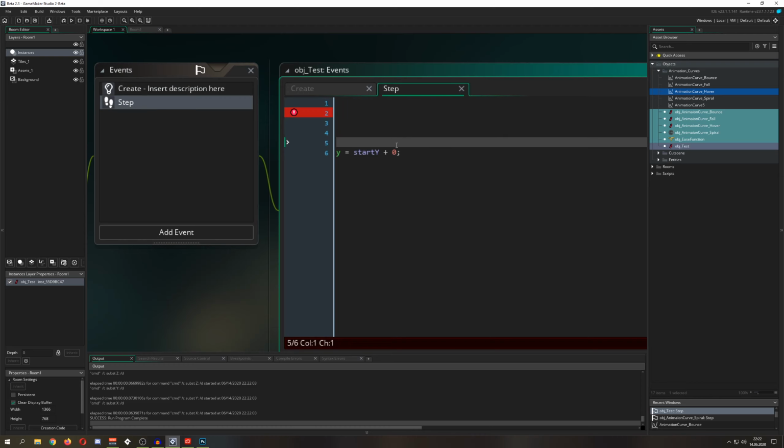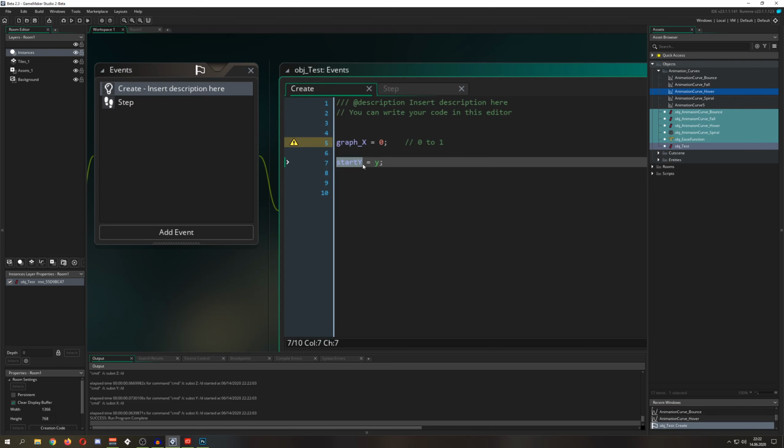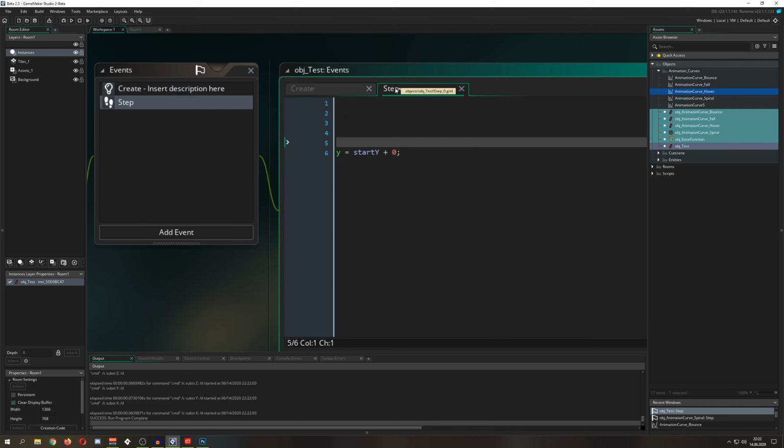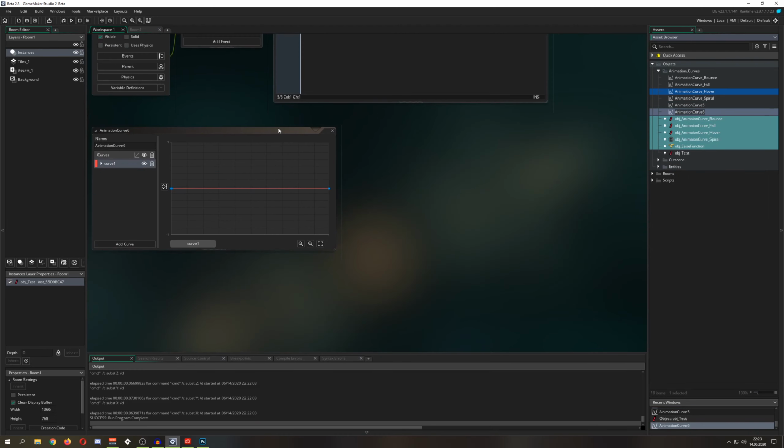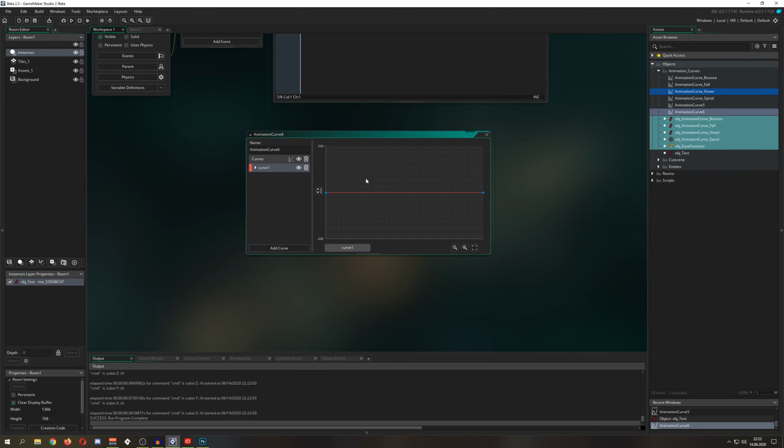So what is basically going on? We want to, and this is the interesting part, get access to this graph. So for example, we create a new one, so create animation curve. We want to access it, and if you watch the documentation, it says not curve, but it says